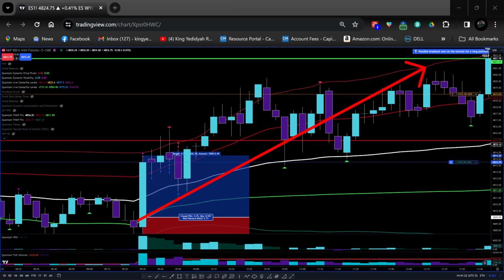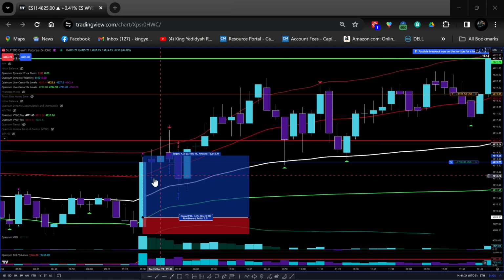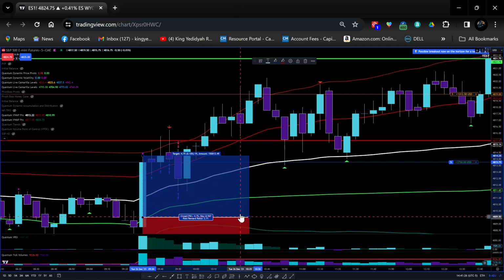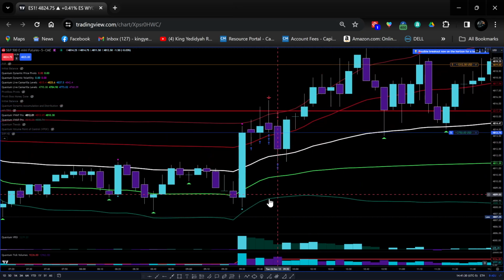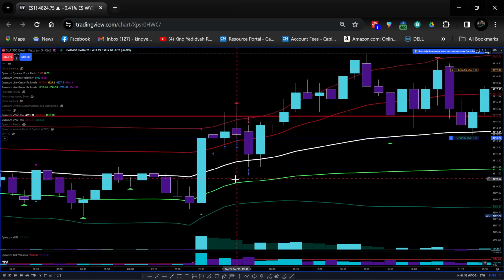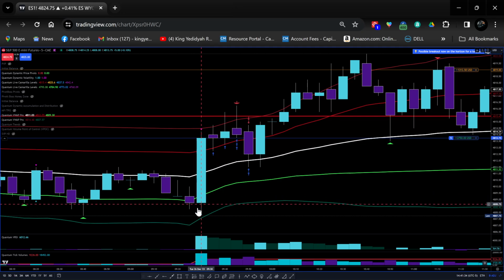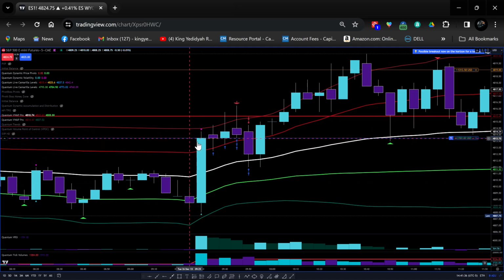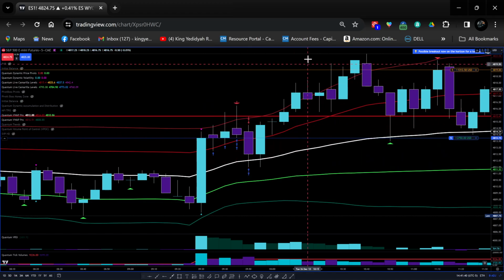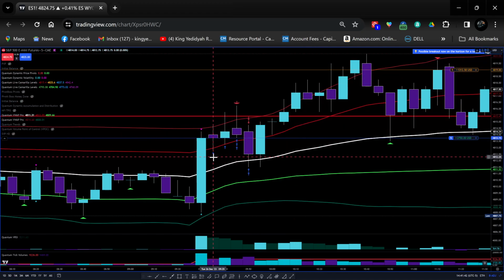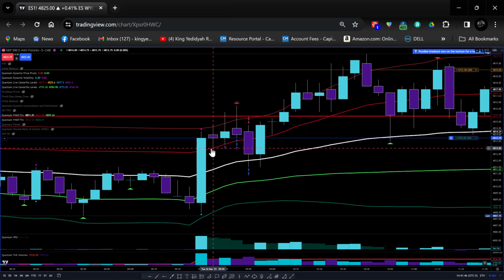So let's see here how price. Now I actually took some trades. Let me just show how I took some trades. Now I didn't catch this one here, like this buy right here. I waited to break this upper deviation band to see if we're gonna get something like a trend day, right? So I took my first buy when we tested this upper deviation band here,